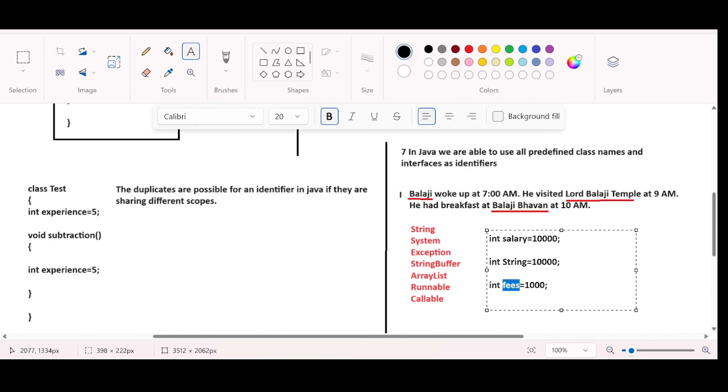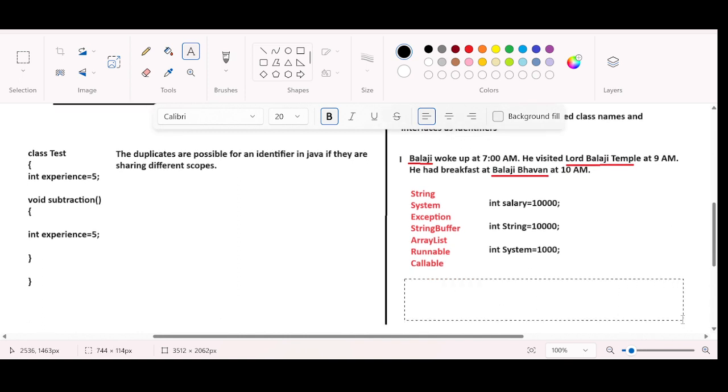Right? This will be meaningful, but I can also use System, which is a predefined Java class name. I can use it like this as well. There will be no issues, but it will be meaningless. We have an option to use it, but it will be meaningless. So I can say that